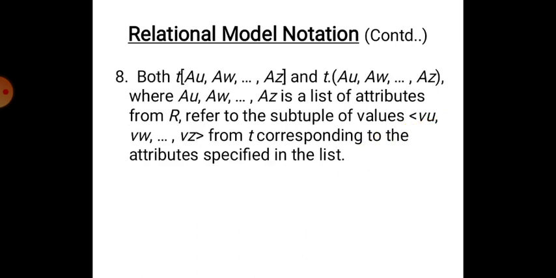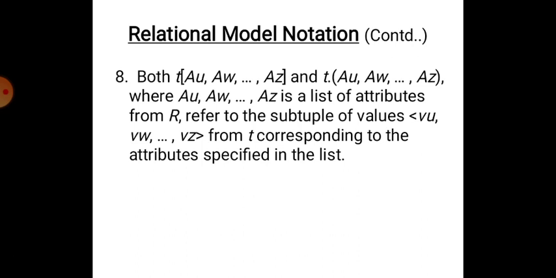Point number 8. Both t[Au, Aw, Az] and t.(Au, Aw, Az), where Au, Aw and Az is the list of attributes from relation R, refer to the subtuple of values vu, vw and vz from tuple t corresponding to attributes specified in the list. So students, you have all this. We'll take up an example from the